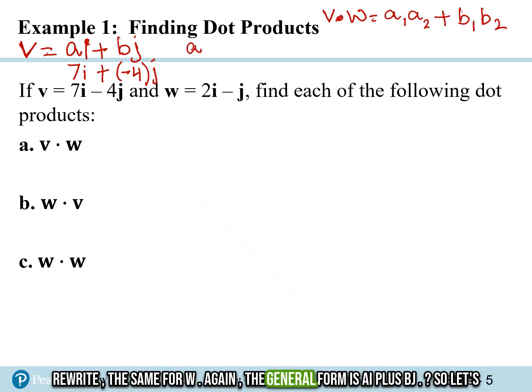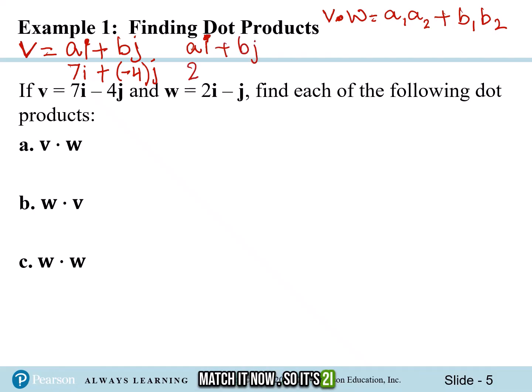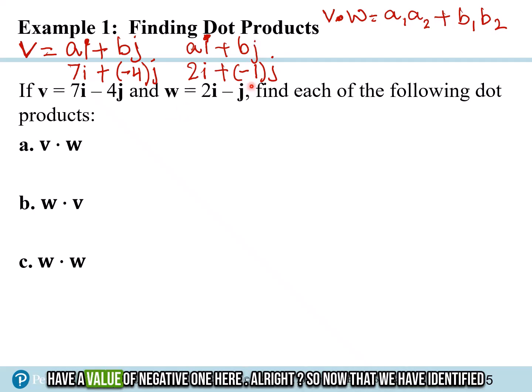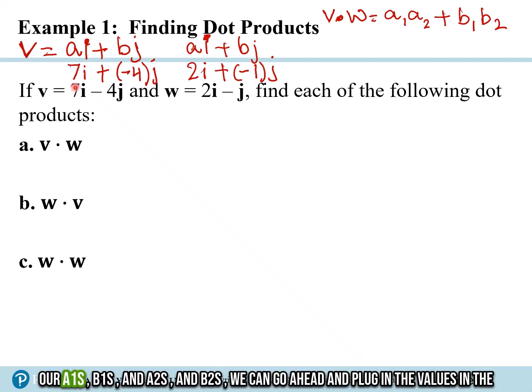Again, the general form is ai plus bj. So let's match it now. So it's 2i plus negative 1j. So a will have a value of 2 for vector w, and b will have a value of negative 1 here. All right. So now that we have identified our a1s, b1s, and a2s and b2s, we can go ahead and